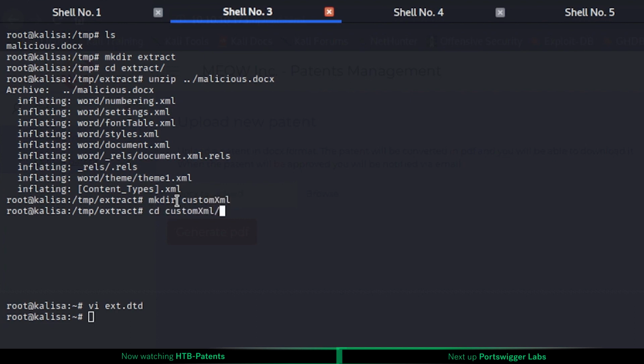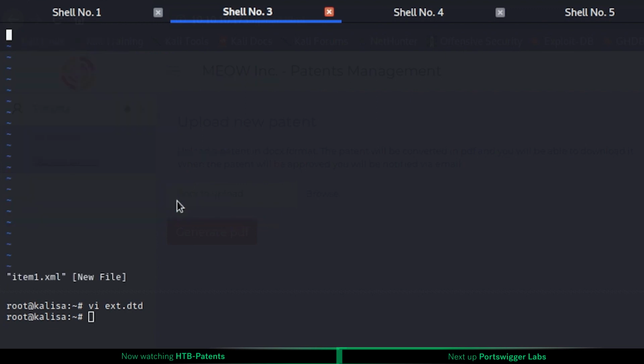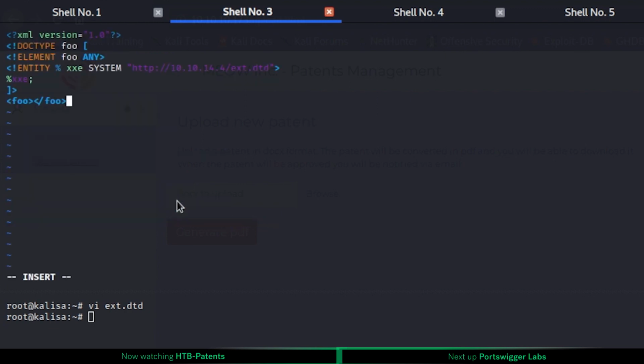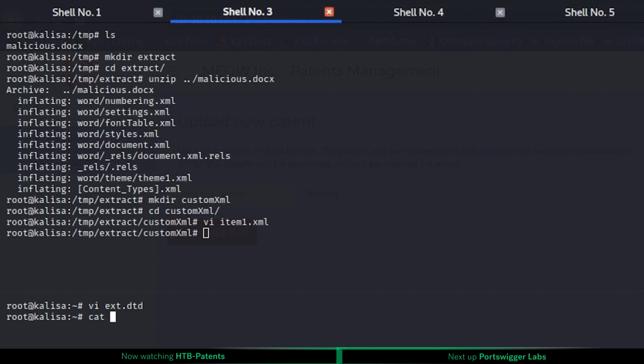I will go to this directory that I just created and will create my first XML item with the following content. This will be my IP address, and I will be creating this x.dtd local file in my local directory and will be using it. You can see the file that I already created in here,